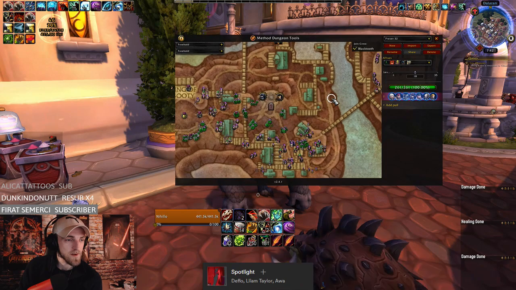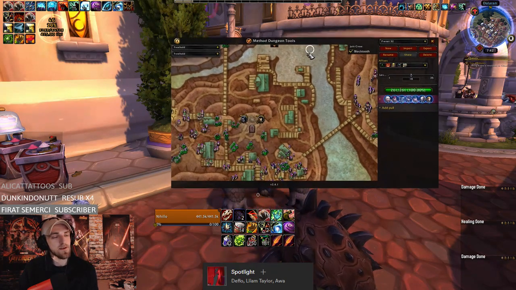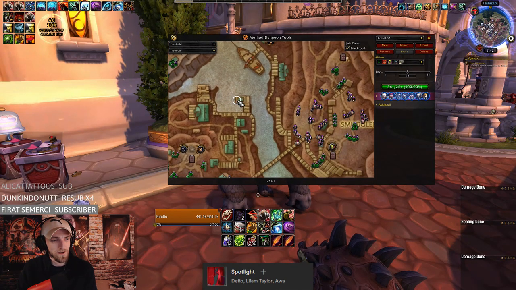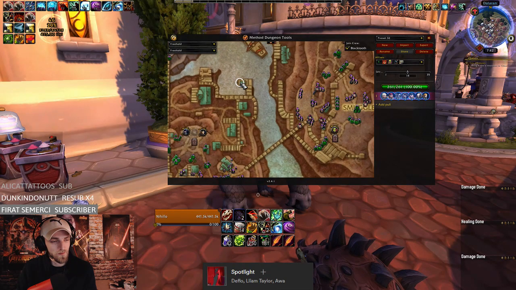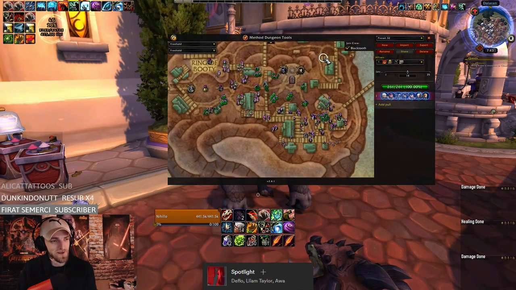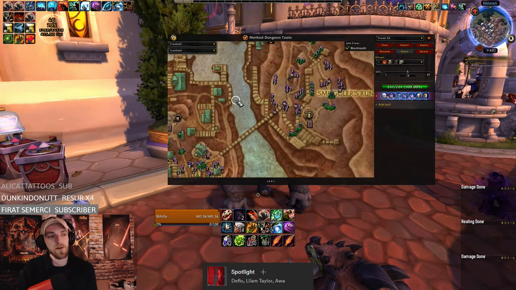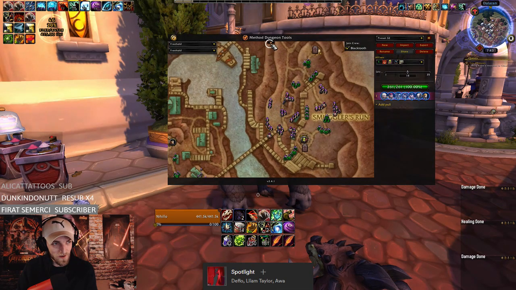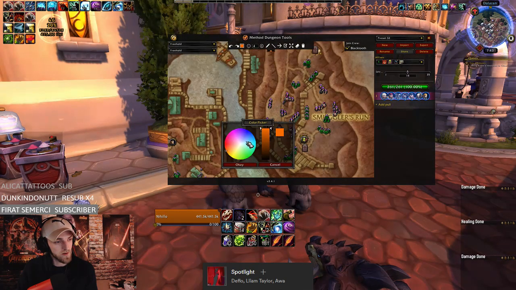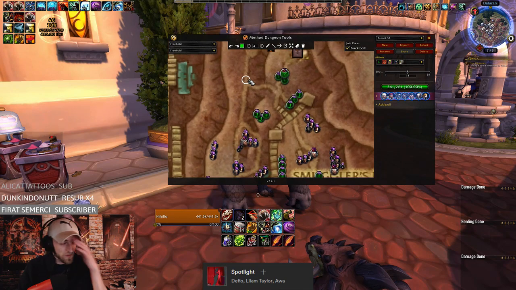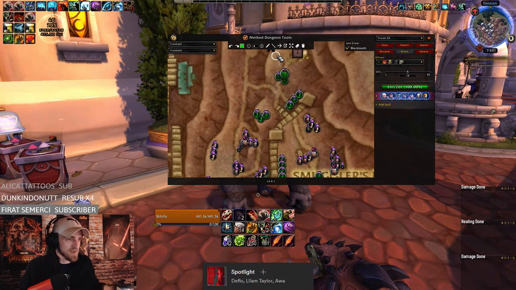One thing I really like about MDT is that you can highlight pretty much everything you're doing. This add-on is really mainly for you as a tank. I don't draw too much on it, because I know what I'm doing, and the people I'm playing with, I can explain the more quote-unquote complicated pulls, or where we're going, what the plan is. But if you really want to show people what your plan is and what you'll be doing, so at the beginning of Freehold for this week,